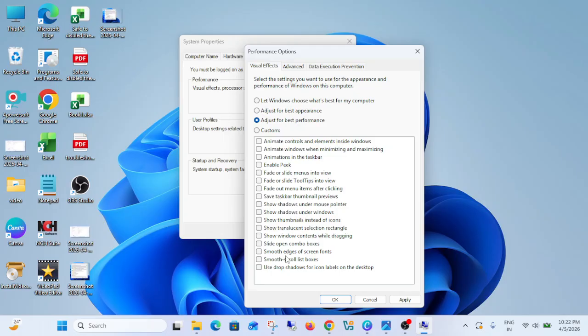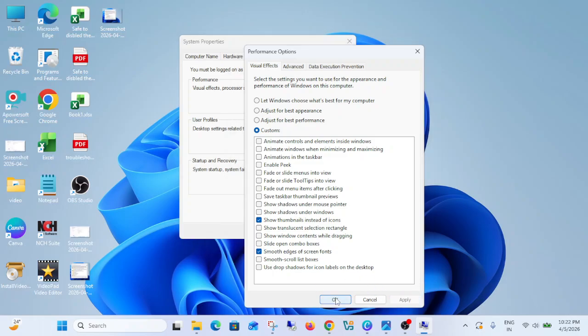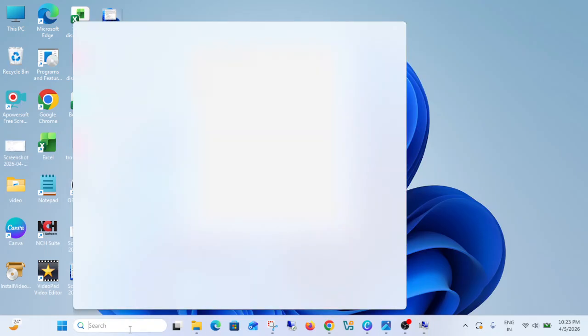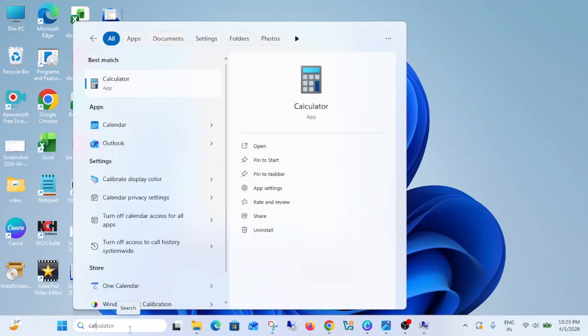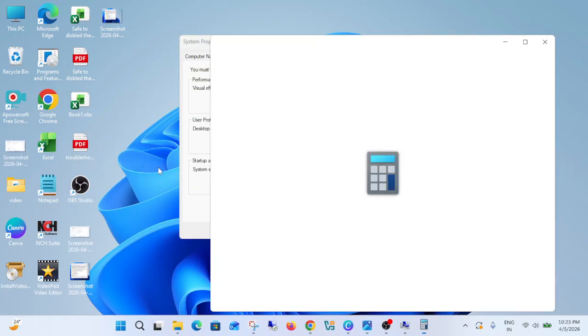just tick the two boxes here: show thumbnail instead of icons, and the next one is smooth edges of screen fonts, and then click on apply, and then click on OK. Also you can tick the option which says save taskbar thumbnail previews, and just click on apply and OK. Now the next step is simply open the calculator, and we are going to increase the virtual memory